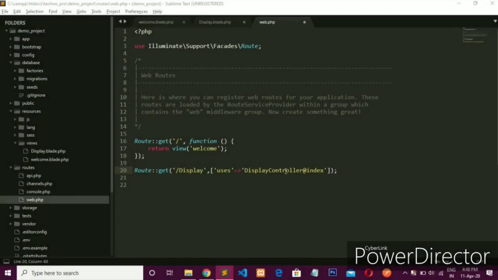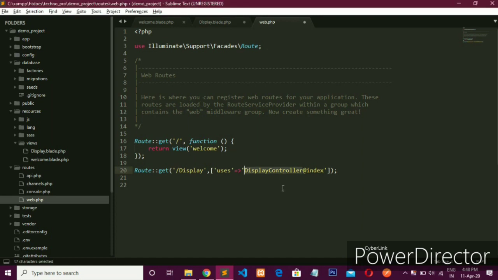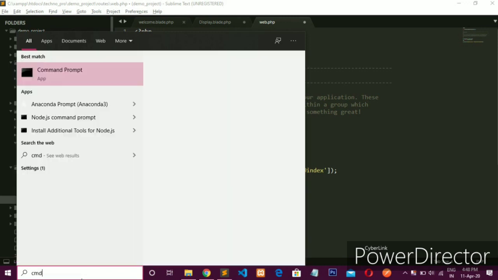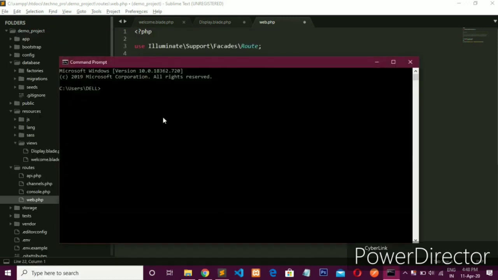The next thing is to make a display controller. For that, open a command prompt. First go to the directory path of your project, cd technopro, cd demo.